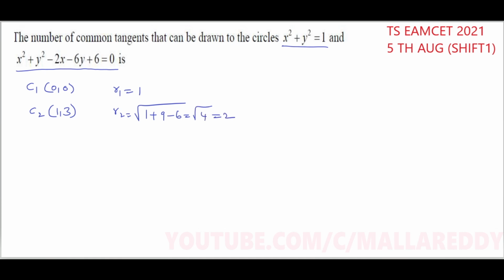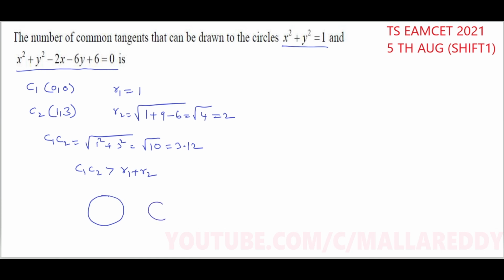R2 is equal to 2. Now we find the distance between the centers C1C2, the square root of (1 minus 0) whole square plus (3 minus 0) whole square, that is 1 square plus 3 square, equal to root 10, which is about 3.12. So here C1C2 is greater than R1 plus R2. That means both the circles do not touch and do not intersect. So the number of common tangents: